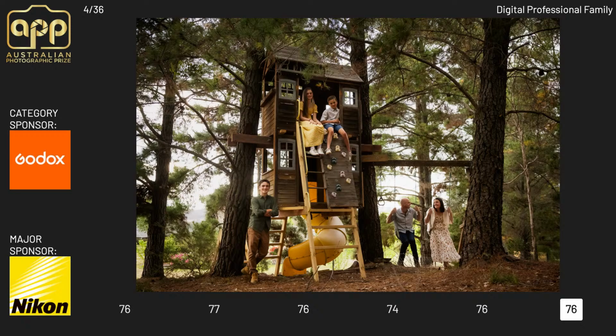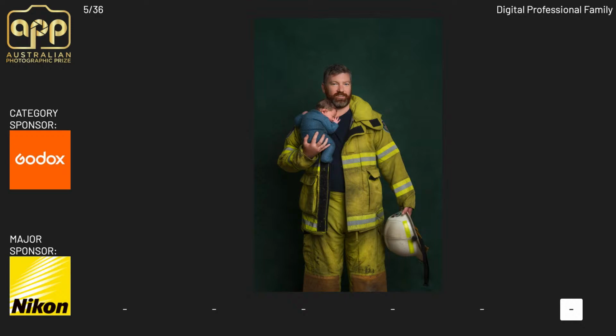All right, as our judges log in here, we are going to move on to our next image, please. As I said, we're going to rotate our judges, keep them nice and fresh. But each of our judges brings a completely different perspective to the competition. They all have their own level of experience and skills.